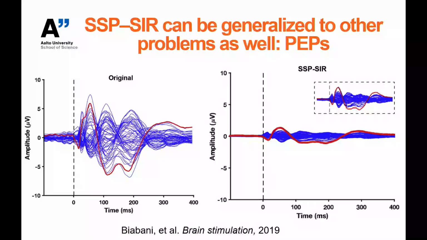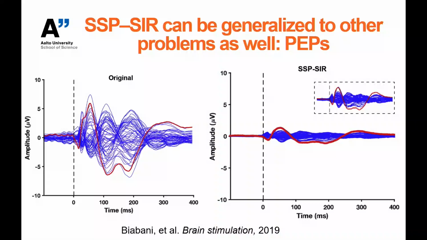One cool thing about this SSP-SIR approach is that it's not really restricted to muscle artifacts per se. If you have a way to measure your artifact topographies, you can generalize this quite well. So what we tried with Biabani and others was to actually have a sham control for the PEPs that you just learned about. In that case, we had a very simple sham. It was just the shoulder stimulation. But we wanted to test what kind of outcomes you would get if you would use this method to project out those